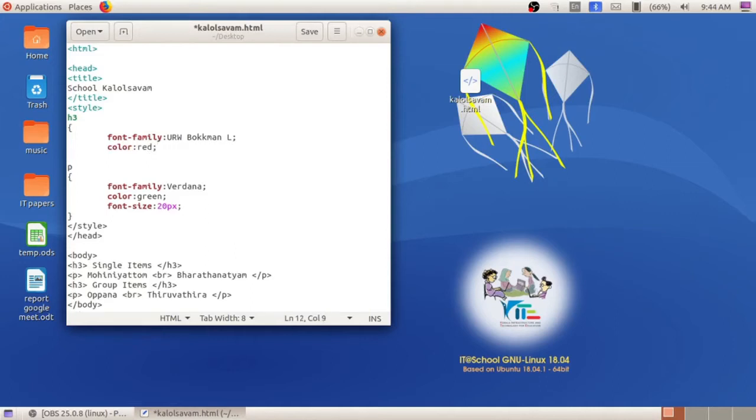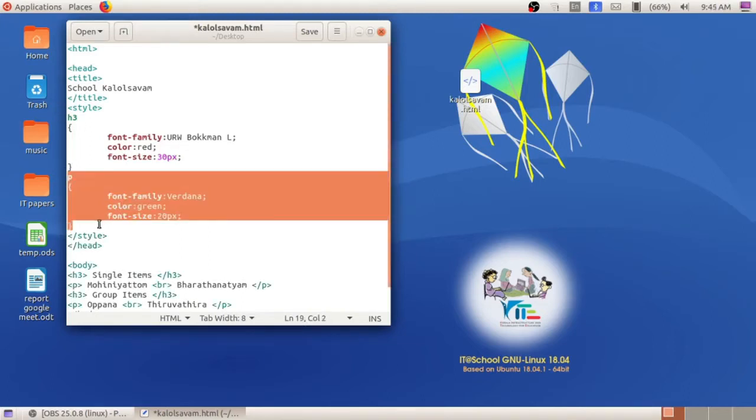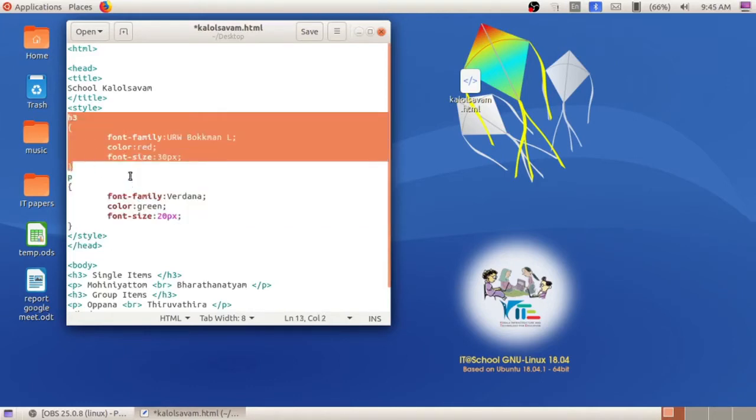Then font-size, font hyphen size, colon, 30 pixels, semicolon. After all, close the brace.